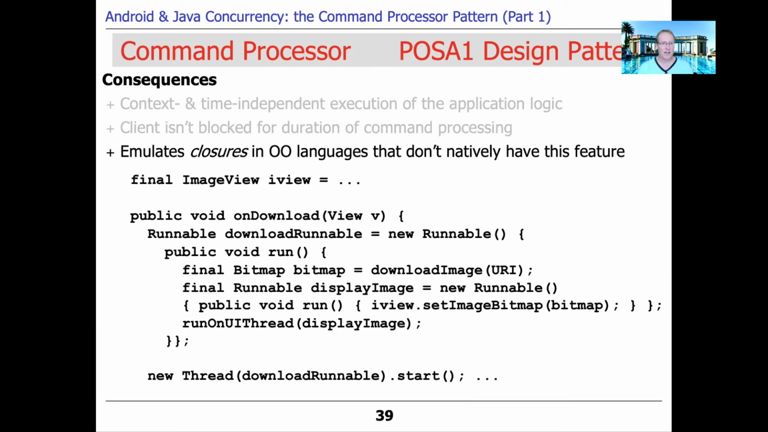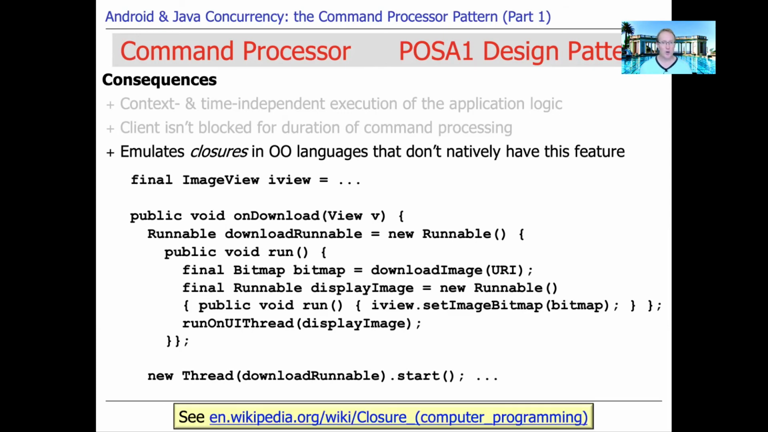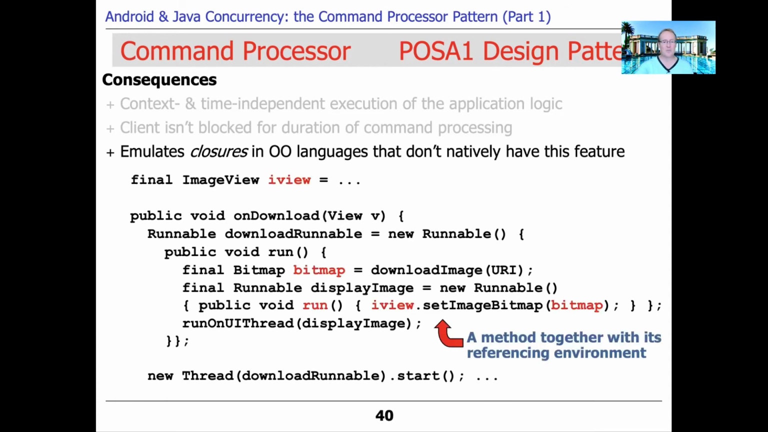Basically, this approach can be used to emulate closures in object-oriented languages that don't natively support this feature. You can read more about what a closure is here at this link. It's basically a way of creating an object that encapsulates a method and any state it may need, and you can pass these closures around kind of as first-class objects in the type system. So we can use the command processor pattern to get us closer to closure-like semantics in a language like Java that doesn't really have first-class support for closures. Although with later versions of Java, especially with modern Java, Java 8 and beyond, with lambda expressions and so on,